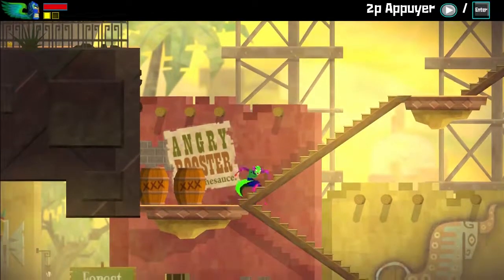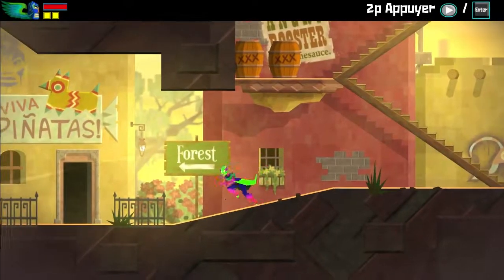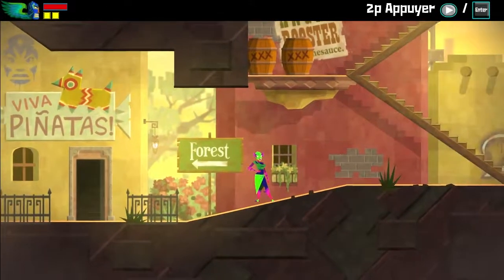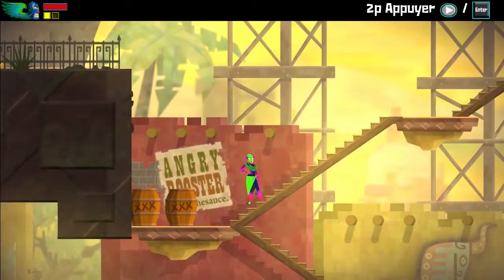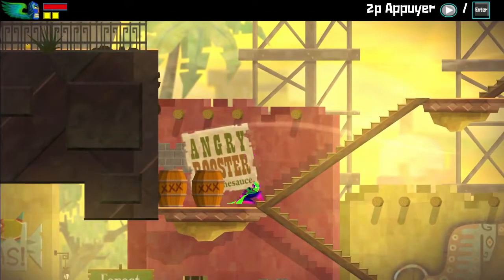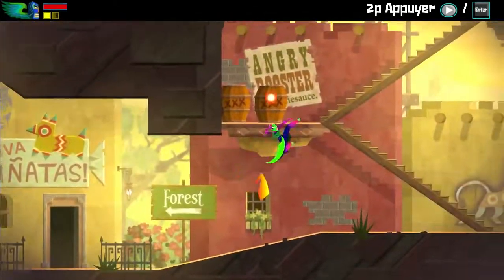That was a pretty perfect jump. What you want to do is jump around about here, do a roll jump and an uppercut to get on the steps. Didn't quite make it that time. Ideally, you'll make it without breaking the barrels, because that's...